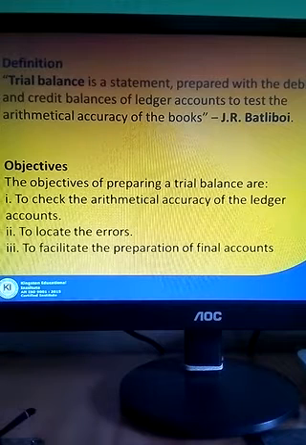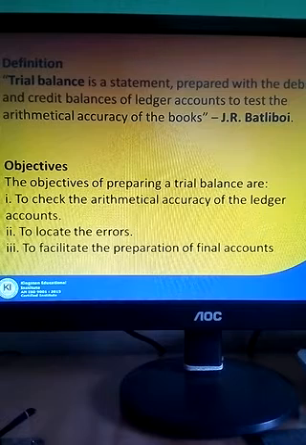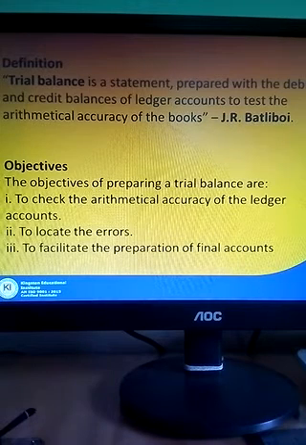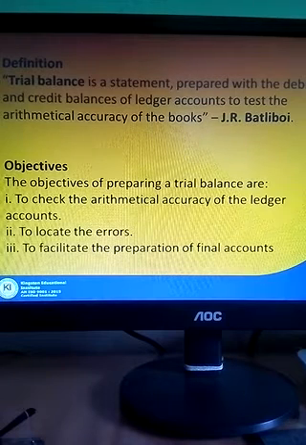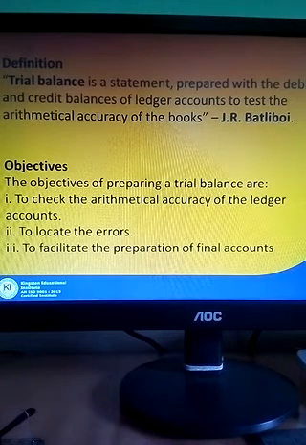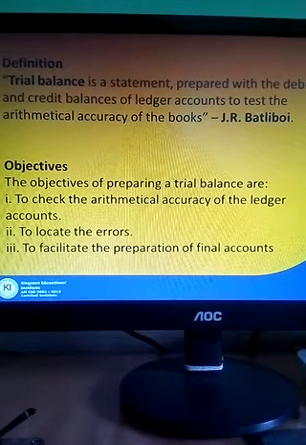Number 2, it locates the errors. If there is any error, we are going to find out where we have made a mistake. Number 3, to facilitate the preparation of final accounts. If there is arithmetical accuracy, that means there is no mistake, so we can move on to the next level,